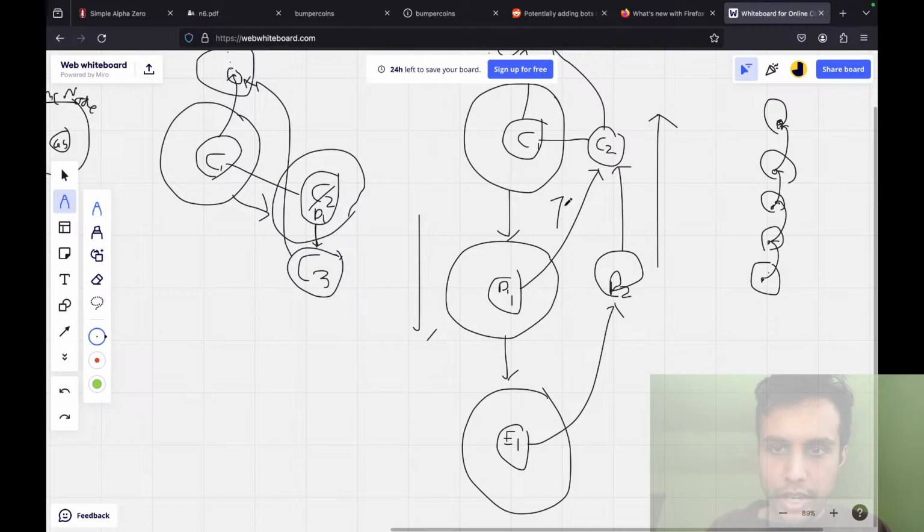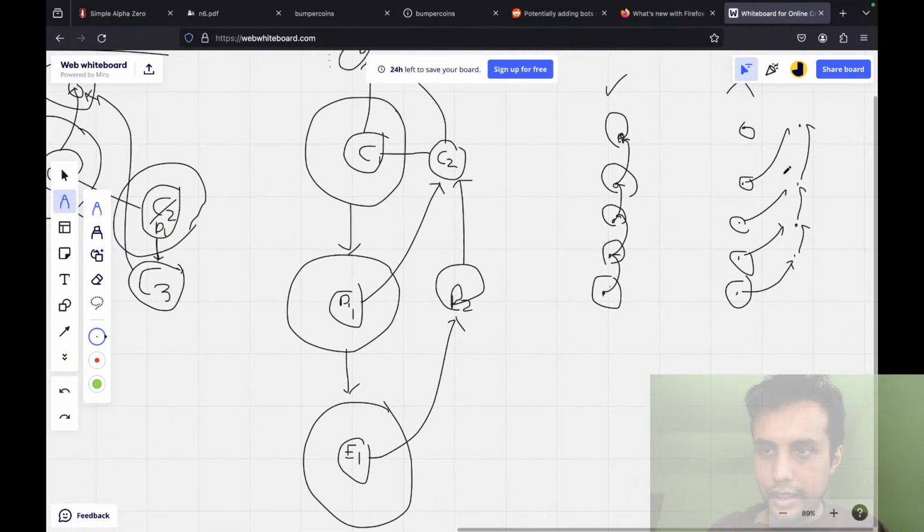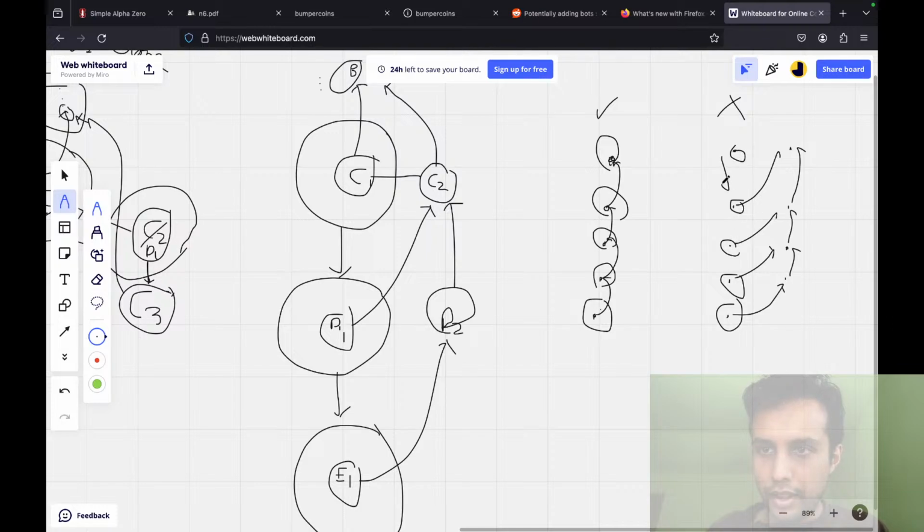We have these three directions, two main lanes. These are the node arrows. Yeah, the nodes have arrows to each other too. The left arrows are node to node, and the right arrows are linked to game states.